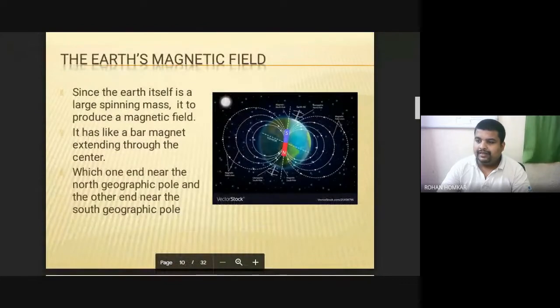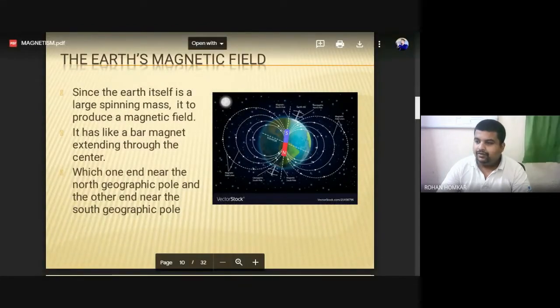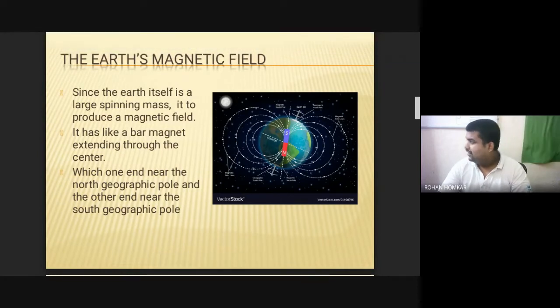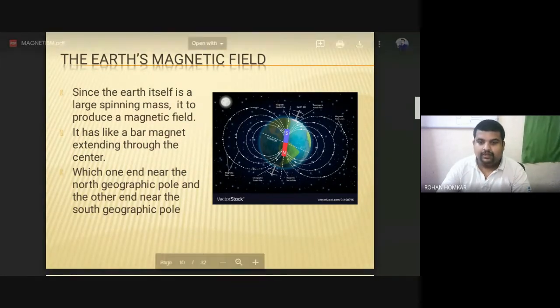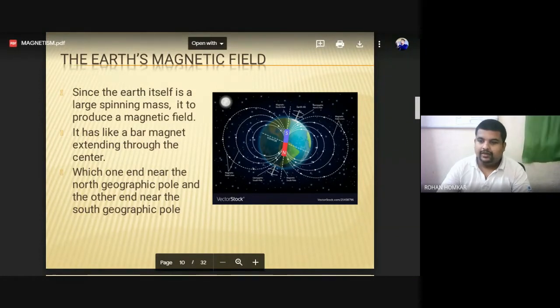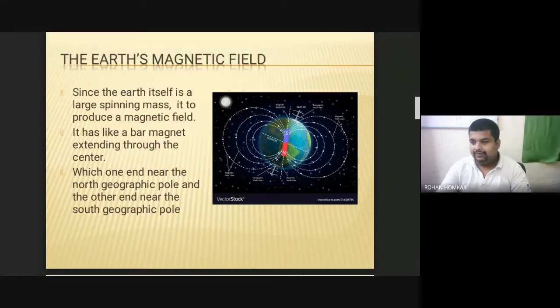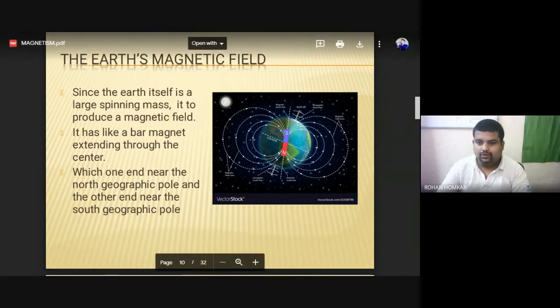Now Earth's magnetic field is also aligned with our magnets. So Earth's magnetic field is also interacting with the magnets we are using, so that we can have an application of a magnet in the compass. So in a compass, I hope you have seen the compass in your lifetime to see the direction. Just type yes in the chat box if you have used the magnetic needle or magnetic compass. Okay,